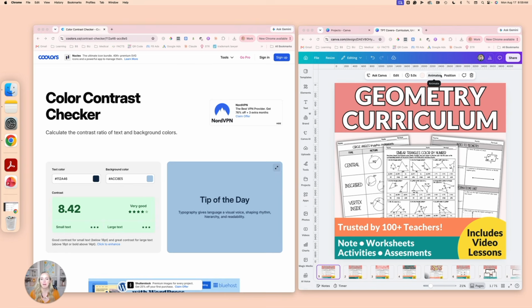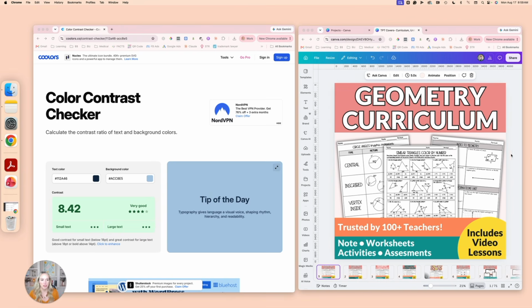So I have a website. Now, it's not foolproof because sometimes I don't agree with the score it gives. Let me tell you the website. It's coolors.co/contrast-checker. And then it has all these numbers. So we'll put the link below, or you can also just Google Coolors contrast checker. It will give you a score for 2 different colors for contrast to see if they are easy to read,